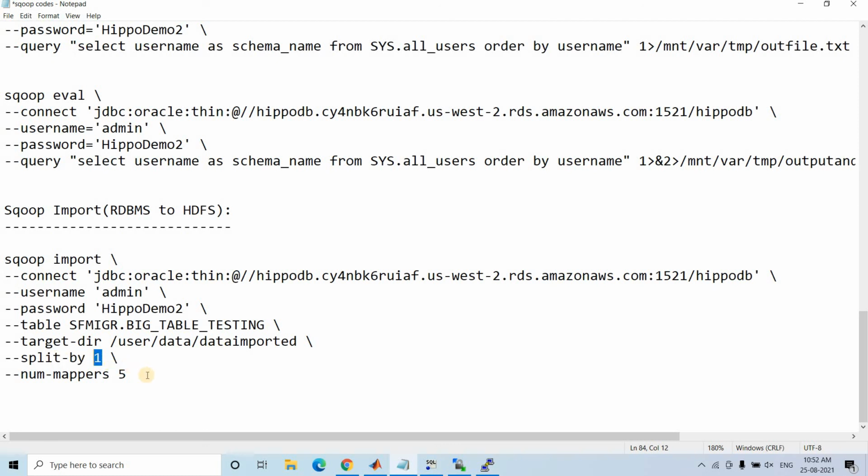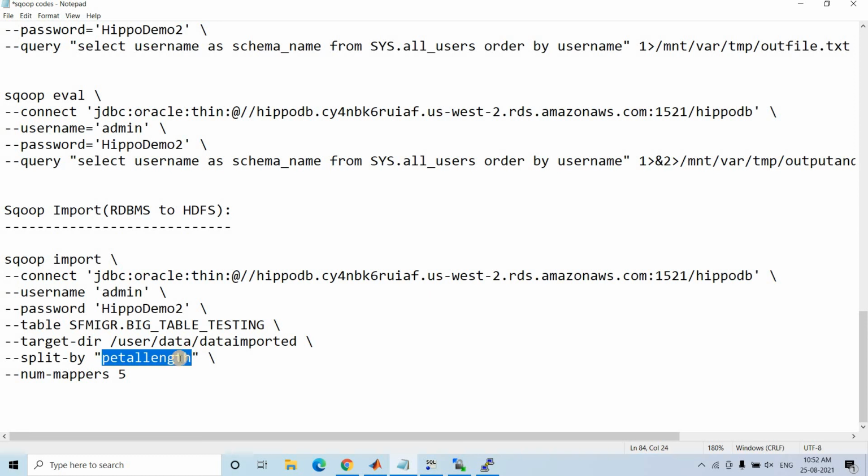What it does basically: suppose you have specified number of mappers as 5, and the split-by column, say, petal length, a column present in our RDBMS. Now suppose this is an integer column.